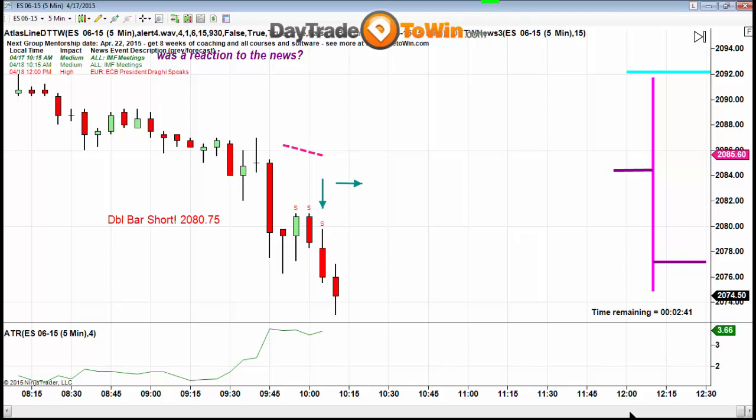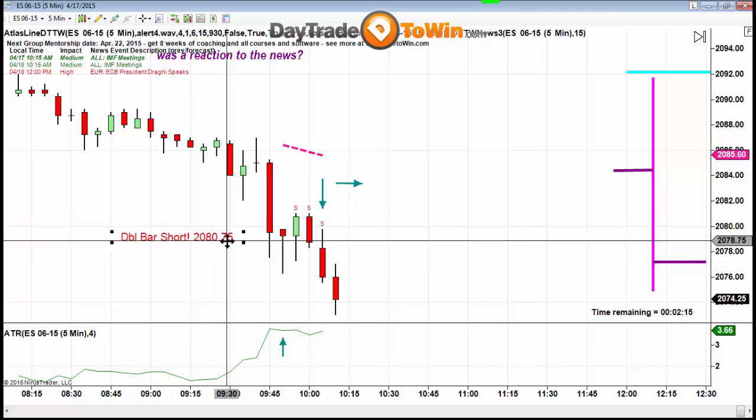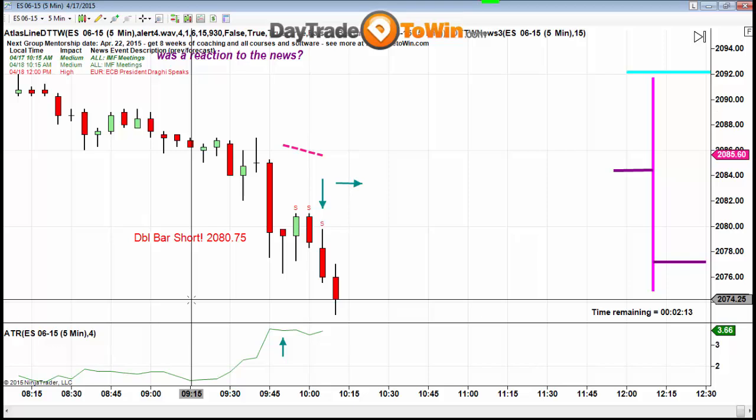So what do I know about the price? What do I know about price action? Well, I know that the market is pretty volatile. If you look at this ATR, and I have plenty of videos that talk about this ATR, the average true range, I use a setting of 4. You can pretty much dictate the stops and the targets very clearly without any confusion on what's to come. If you go short at 2080.75,